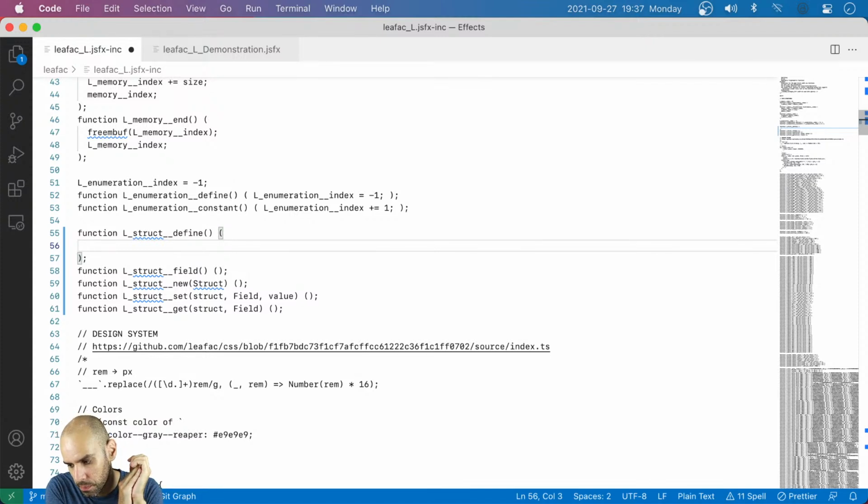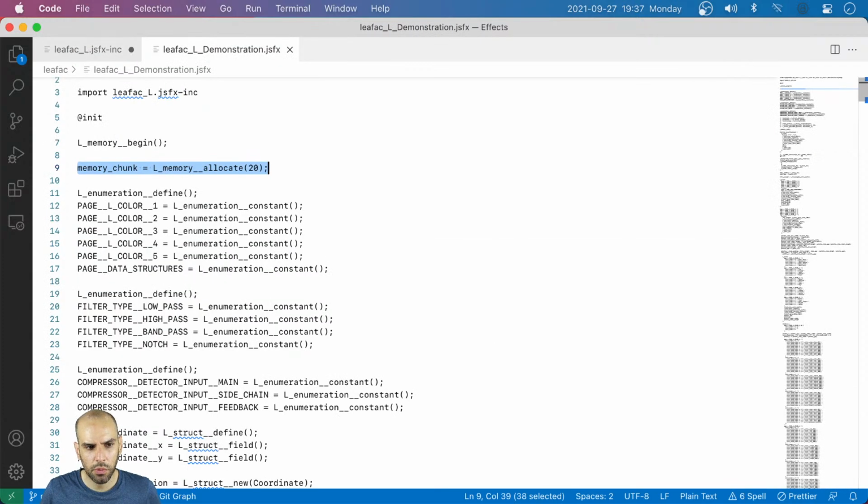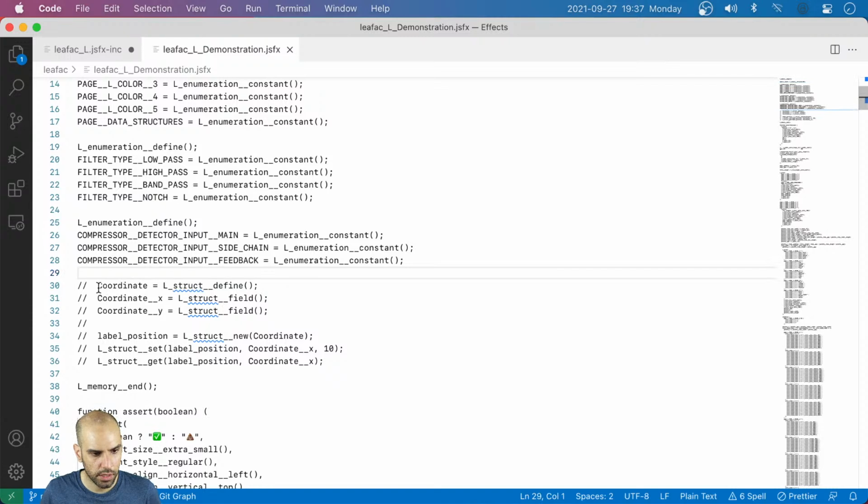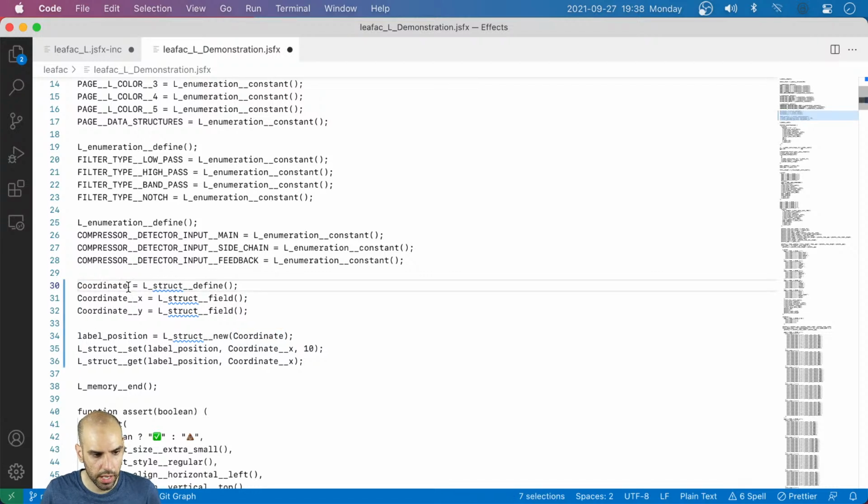Well, I think that I just allocate some memory and return it to you. What do I want the memory to end up looking like? I have something like coordinate. Yeah, let's uncomment this and start thinking about how I want the memory to look when I have this